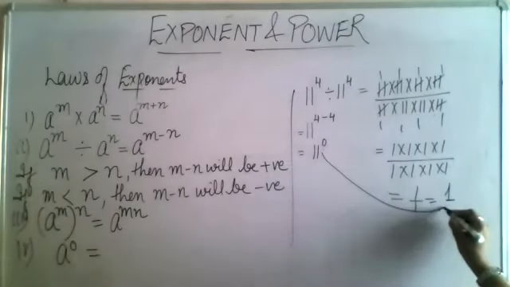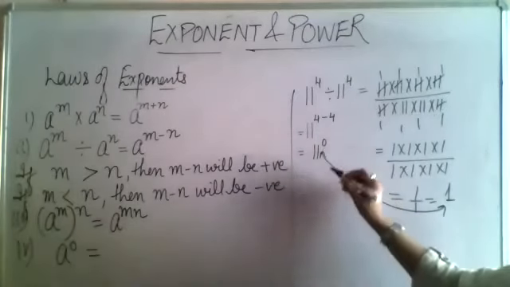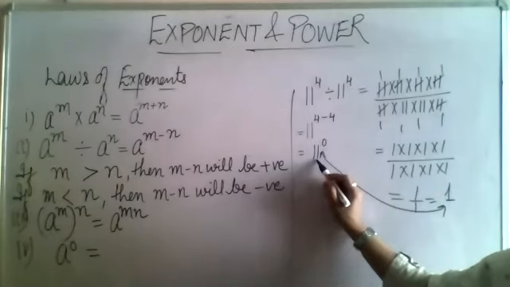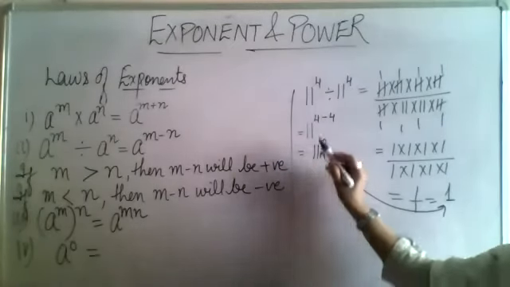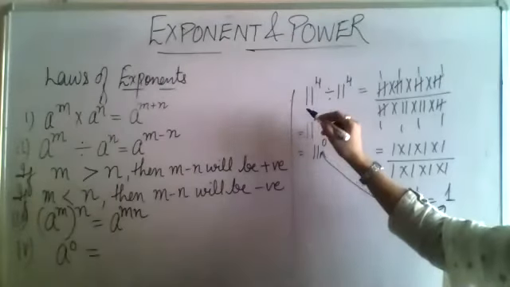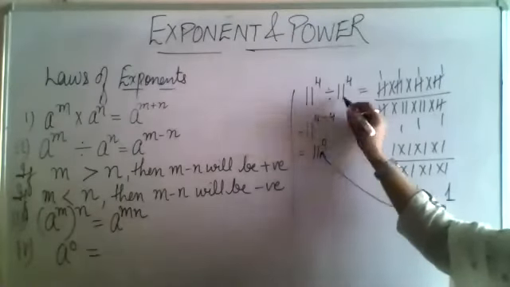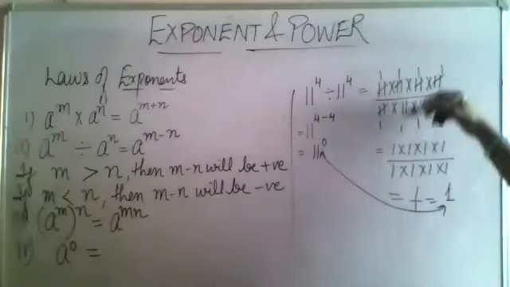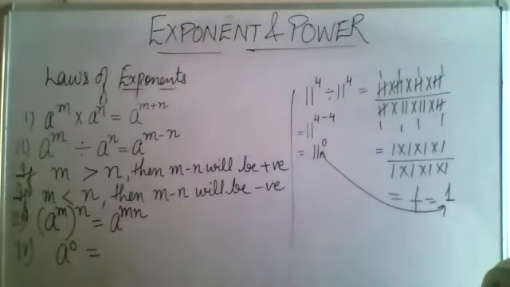So what is the relation? It means if any base has power 0, it can be any number. It can be 1 crore, 5 crores, it can be any. So when you solve, you divide same number by same number, it will come 1, and when you solve using exponential form, it will come 0. So that's why I'm saying if any base has power 0, answer will be 1.